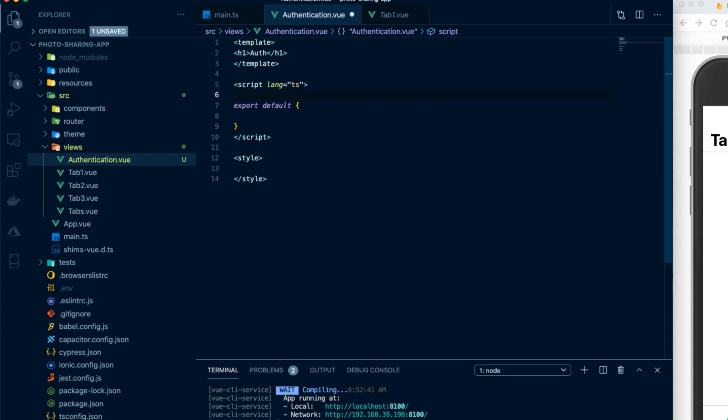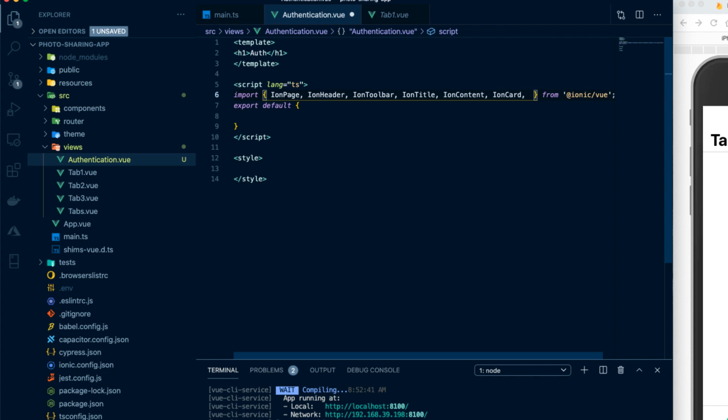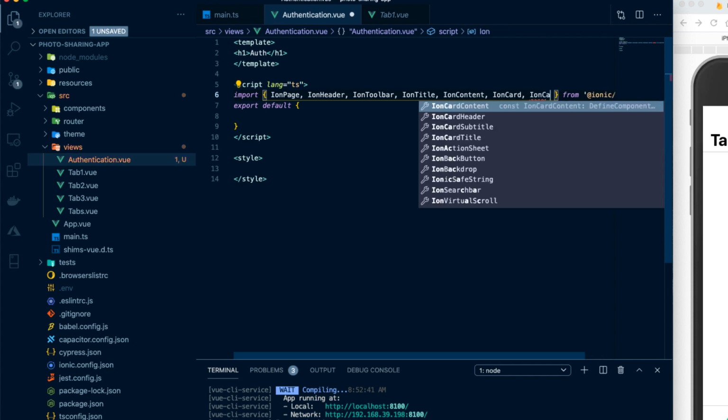So up at the top of the script tag, we'll go ahead and import that. And then we also need to import a lot of other things. The way that I see our authentication page laid out is that we're going to have a card and we're going to have a couple inputs and a few different buttons for users to sign in or sign up. So underneath the content, let's go ahead and just import the Ion card. Let's import Ion card subtitle,